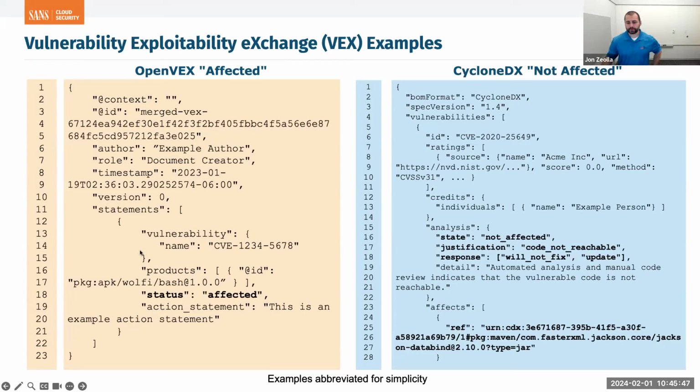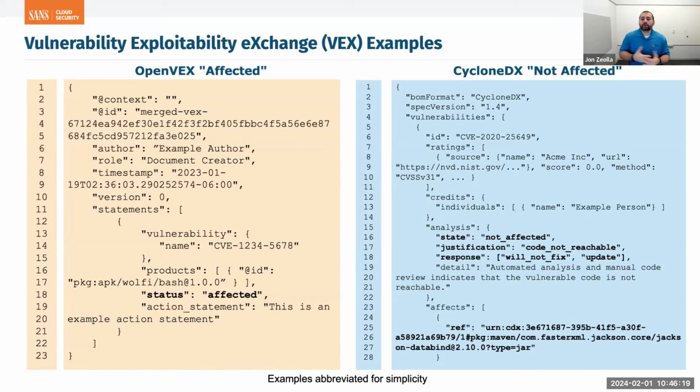So on the left, we have an example of status affected. This is a problem, right? That's what we're saying. We're saying CVE 1, 2, 3, 4, 5, 6, 7, 8. We know about this vulnerability and we are affected. Now you can programmatically, if you give software to other departments, they can choose what to do with that. All you're saying is I'm affected. They can choose to not use or to use your software, to do different sorts of incident response or logging or mitigations. We're now sharing knowledge in a better, more programmatic way.